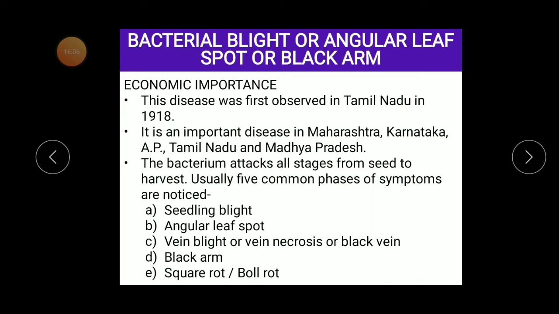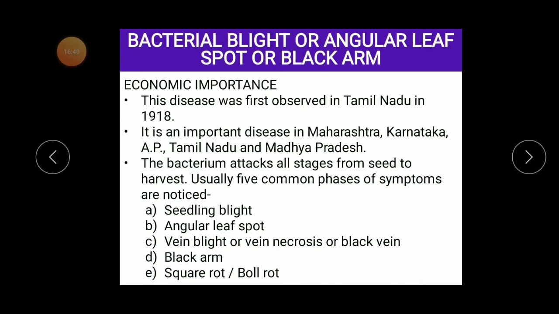This disease is caused by bacteria, and that is Xanthomonas campestris pv. malvacearum. As for economic importance, this disease was first observed in Tamil Nadu in 1918, and this disease is very important in Maharashtra, Karnataka, AP, Tamil Nadu, Madhya Pradesh, which are cotton cultivating states. And this bacteria can affect all stages of the